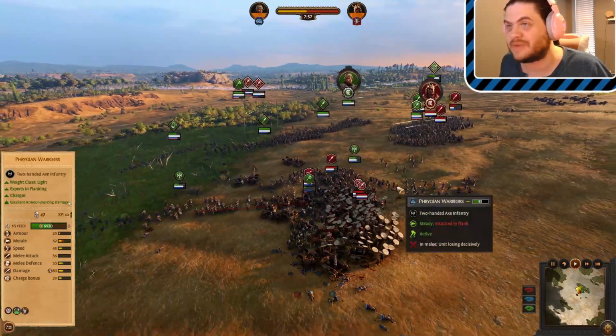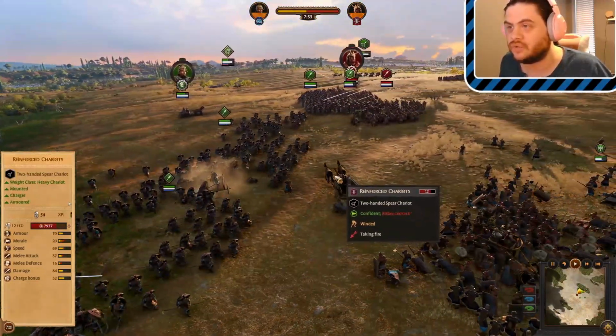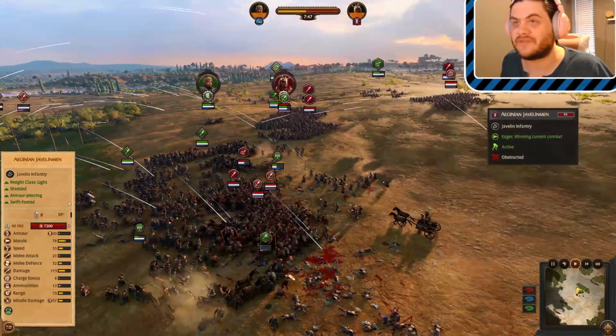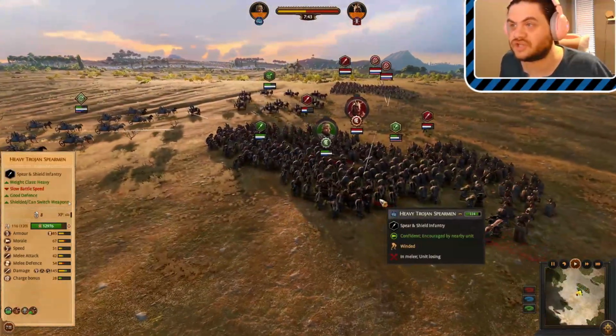If you can get the spearmen out here as well, they'd help out. The spearmen are in turtle mode. Ooh, and they're about to take some damage from the reinforced chariots. Because they're in turtle mode, they're also going to be taking a lot of extra damage from the javelins, which do have them targeted. Or maybe they're actually targeting...